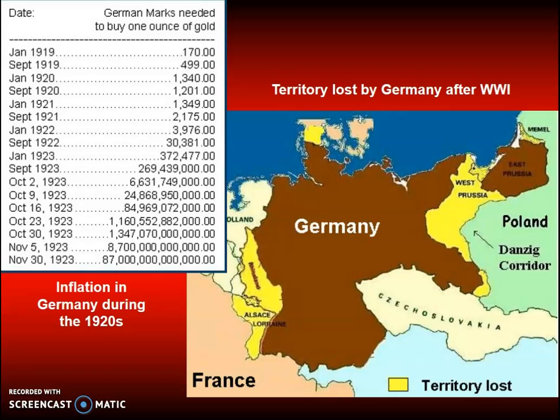Many German citizens were also deeply humiliated by the terms of the Treaty of Versailles. Why should they, for instance, have to accept full responsibility for starting the war? There was plenty of blame to go around with other powers. I mentioned that Germany lost about 13% of its pre-war territory, including some key industrialized regions in Upper Silesia, which were given to Poland, or Alsace-Lorraine, which was handed over to France.